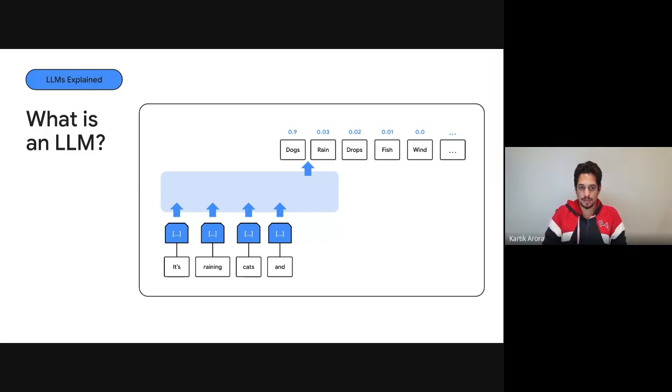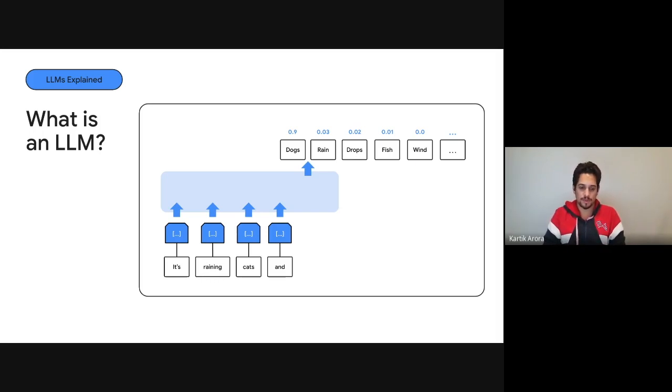Generative AIs these days are a part of this larger thing called LLM. LLM is a large language model, which is a neural network that models the distribution of text on which it is trained. The current generation is mostly trained on text, but it can be trained on other things as well, and I'm going to touch base on that as well. It can take simple input like "it's raining cats" and then you can ask an LLM to complete that sentence. And then it'll go through its neural network to figure out what's the best thing that will go after it. It'll have weights for each word and then try to complete the sentence.